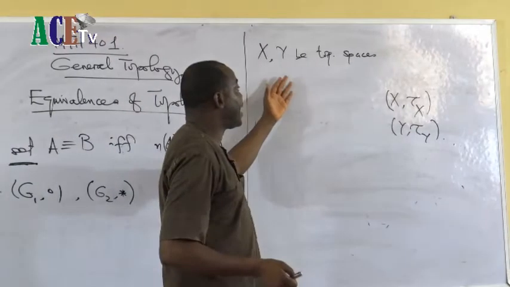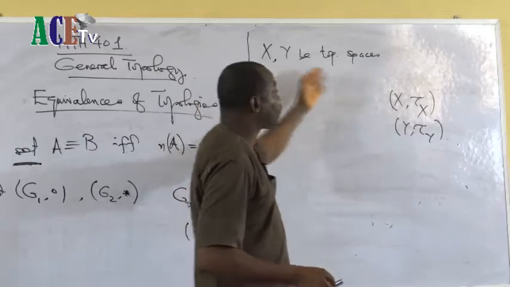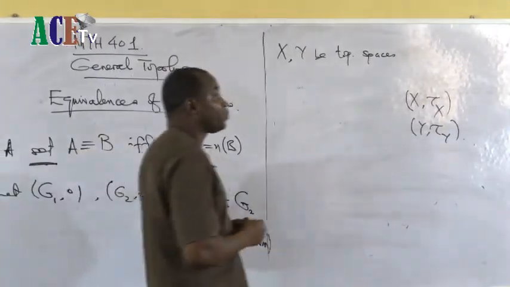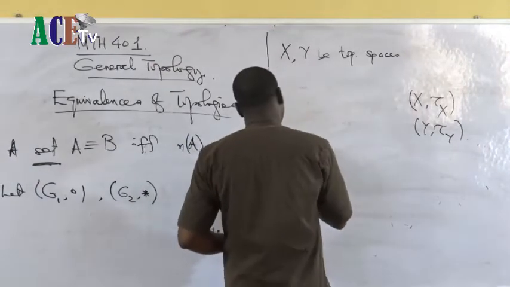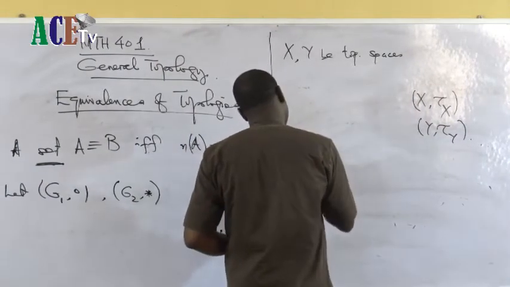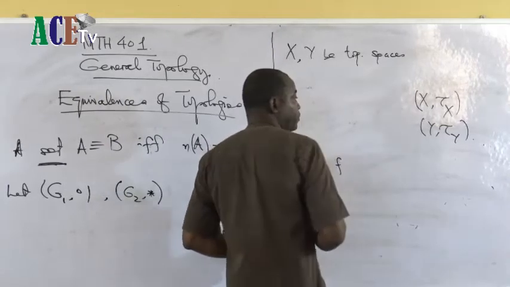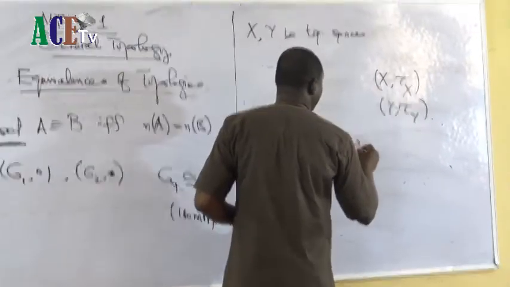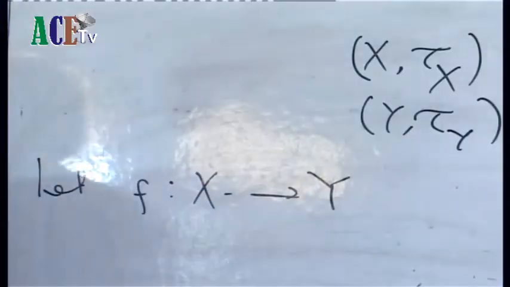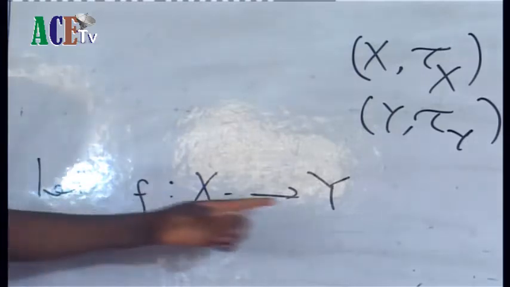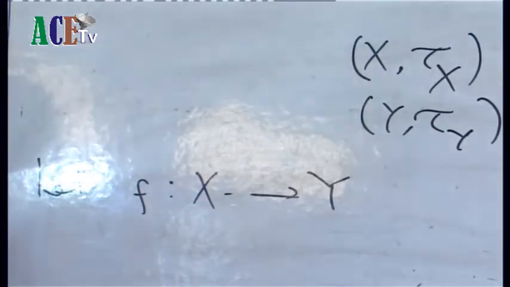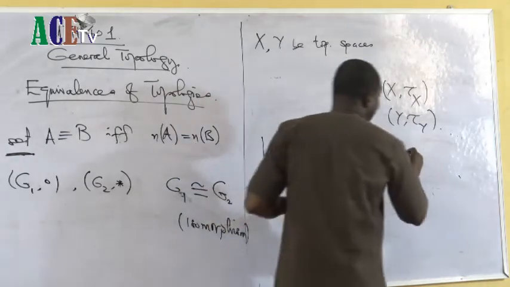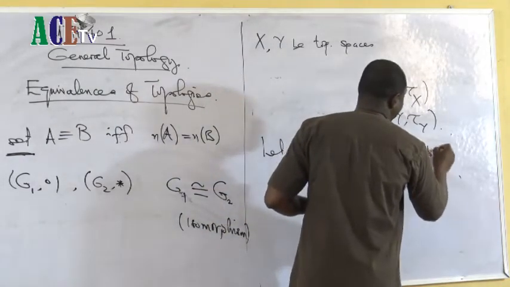So we say that for equivalence of any two topological spaces to exist, there must be a map. So you say, let F be a map from this topological space to another topological space, Y,